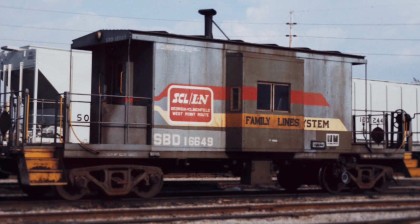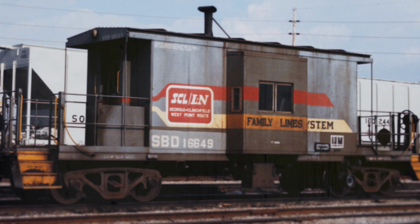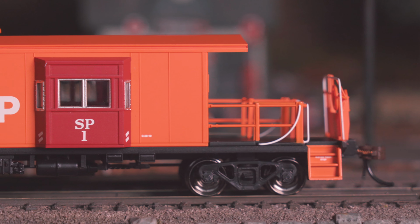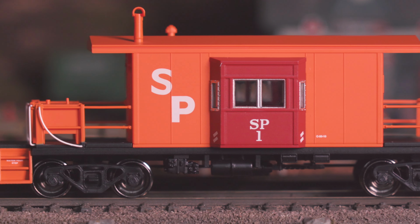Not long after the MoPac cabins entered service, the Louisville and Nashville developed their own version, which began operation in Family Lines colors in the early 1980s. Similarly, the Southern Pacific constructed a one-off prototype from an existing bay window caboose, using many of the same hallmarks